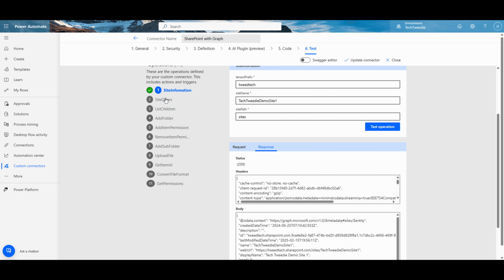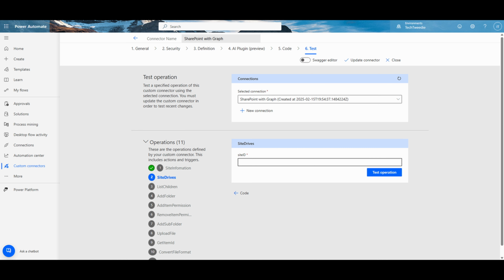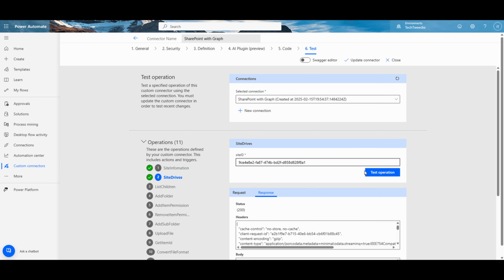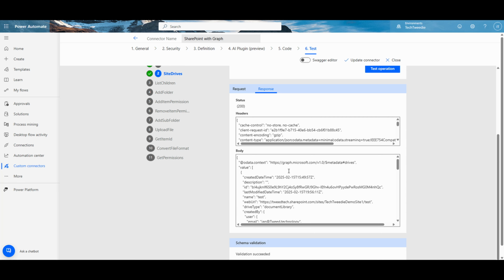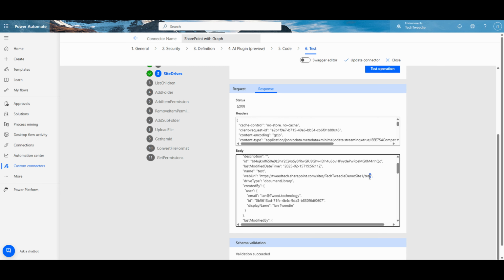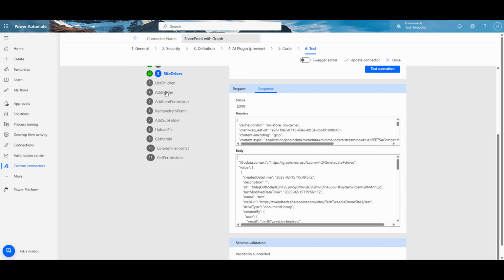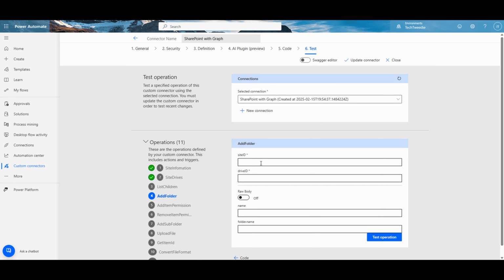Let's see if we can access the site drives. Pop the site in. It returns to me each of the document libraries, known as site drives in the Graph API. And I have an ID for each site drive. I can take that ID and I can do things like add a folder. So if I pop the site ID in and this drive ID,